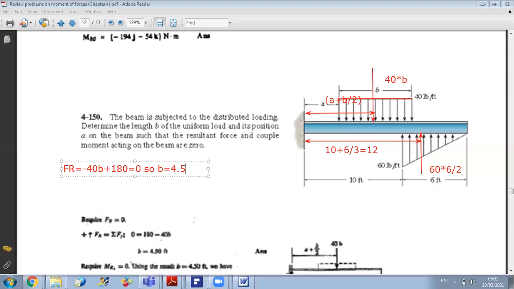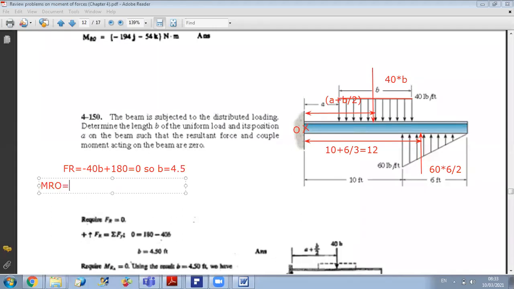Now, the second condition to find A is to use the condition that the resulting moment is 0. If the resulting moment is 0, then it will be 0 about any point. So you can choose any point on your beam. So let us select the origin, and let's call this point O. Then we will say that the resulting moment about O is 0, so MR